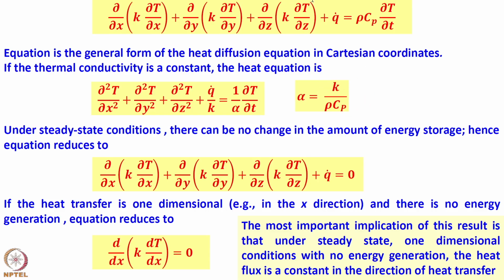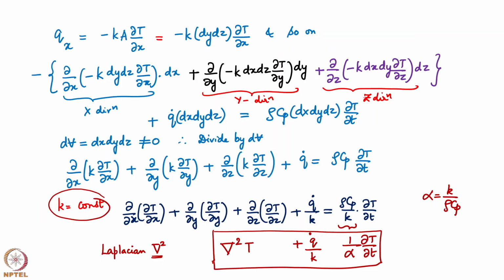So, we have this in the second term, which is this one. This is the one where you have dT/dy, dT/dz and dT/dx, and you do not have T as a function of time. If heat transfer is one dimensional, which is a very common approximation, and there is no energy generation and the problem is steady state, this is the best situation for us. What is it? 1D, steady state,